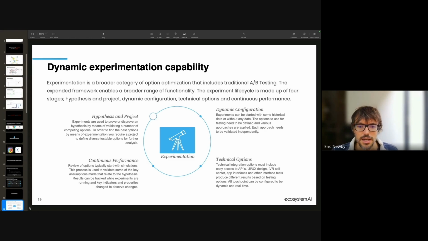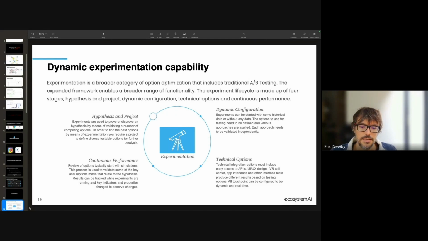So you'll come up with, let's say in the content example, say you have an offer that you want to talk about. You can come up with different versions of content for that offer. You then do your dynamic experiment configurations. So you'll set up the way that you want that experiment to run, how you want it to try and converge, the historical data that you might want to use to give it a warm start, all of those sorts of things.